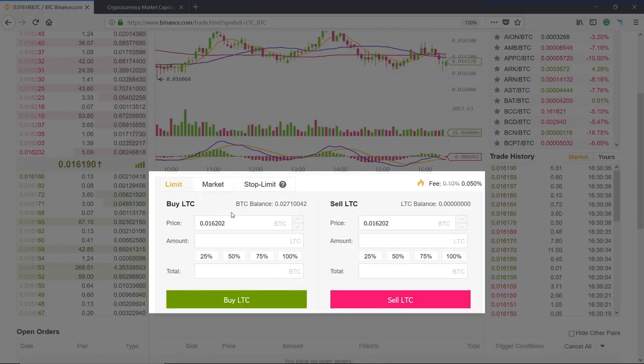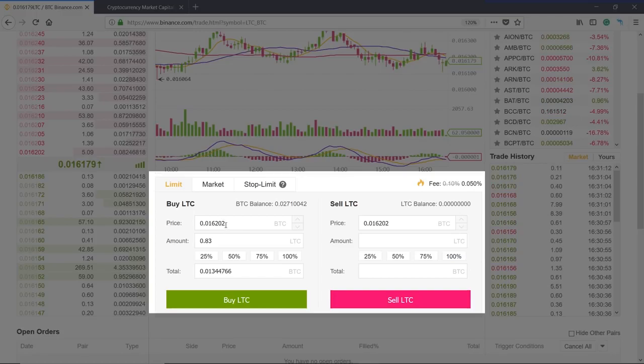A limit order is very simple. You're telling Binance that you're going to pay this and only this amount. Say you want to buy. You want to take half of your, in this case, I only have a little less than $300. I want to take maybe half of whatever is in my Binance account. In this case, that amount of Bitcoin is about $140 worth. And I only want to pay this amount for my Litecoin,